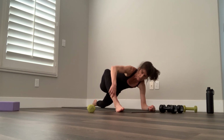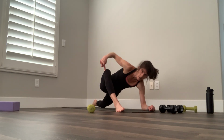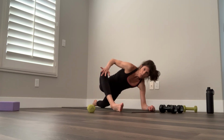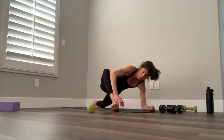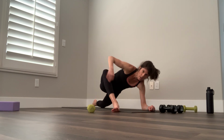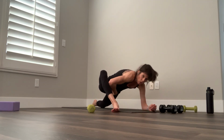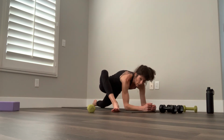Check in with the alignment of your middle toes and your right knee. So if your right knee is opening to the right, like mine is, just pivot on your right heel and make sure that your right toes track in line with your right knee. So you can stay here in this stretch for your hips,